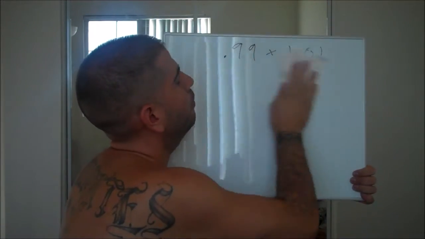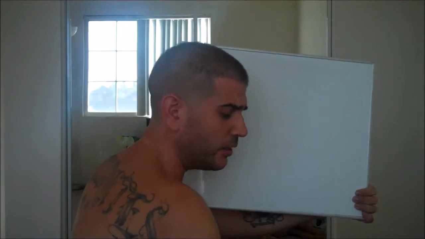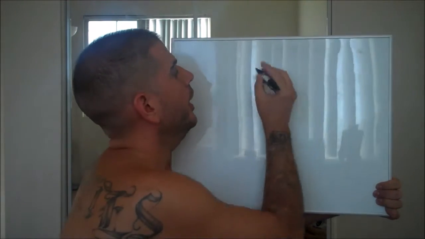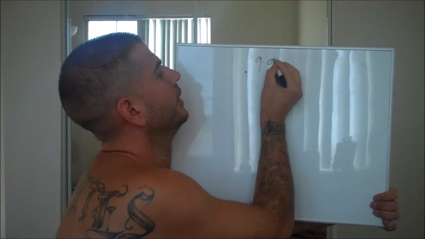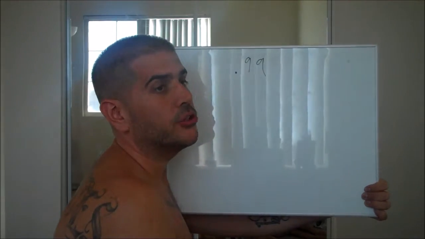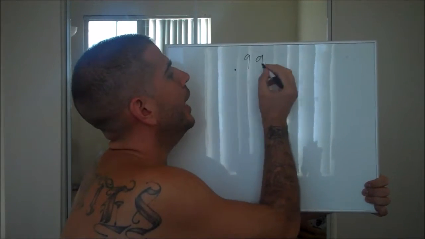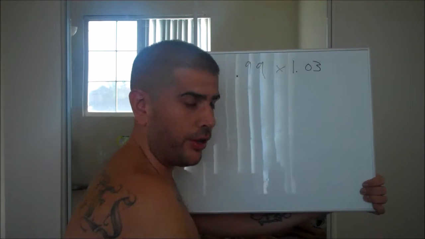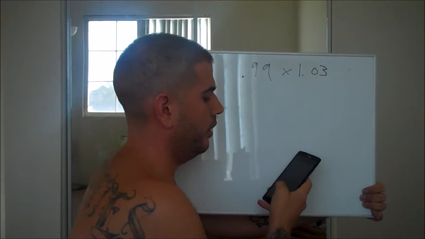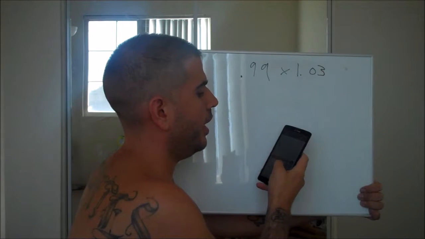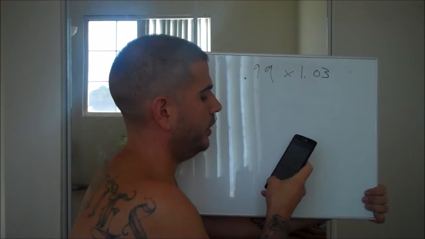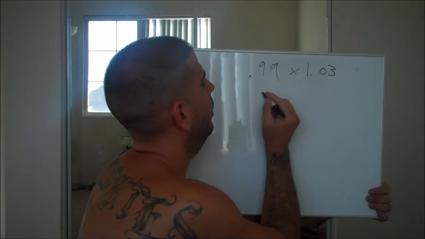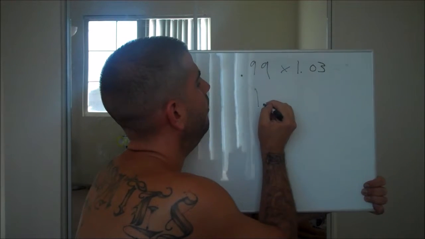Let's do a couple of examples. I did an example with my sales tax. Let's do an example with someone else's sales tax. So you're from wherever, and you go into a store and something costs 99 cents, and your sales tax is 3%. So you're going to do 0.99 times 1.03. That's all you're going to do on your calculator. So you do 0.99 times 1.03 equals, okay, it equals 1 point, what is it,